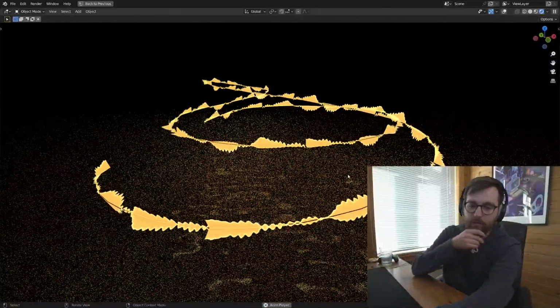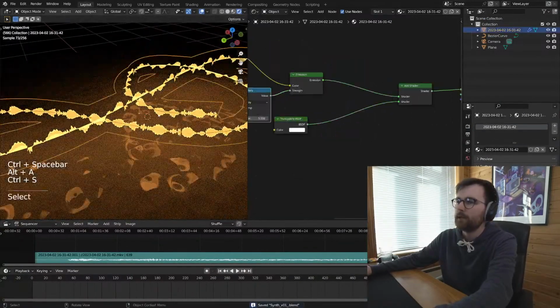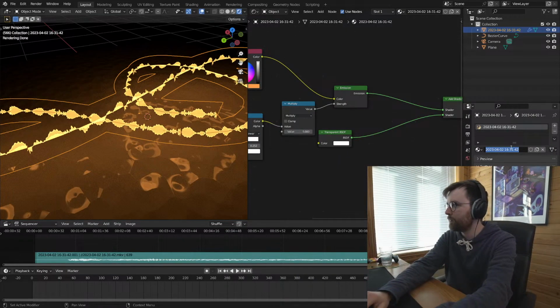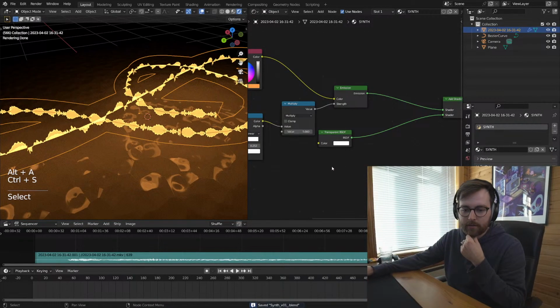This is going to look really cool with depth of field, I think. And also one thing that we can do, I'm not sure if it will work, but let's rename this texture to synth. And we can use a...